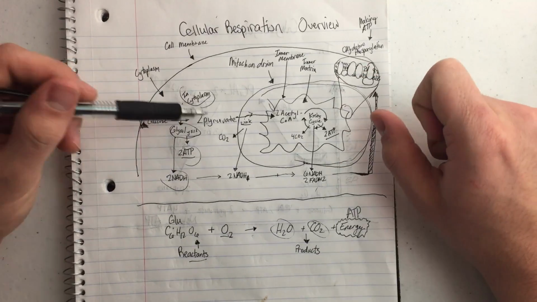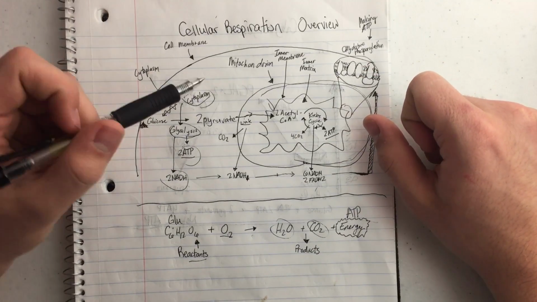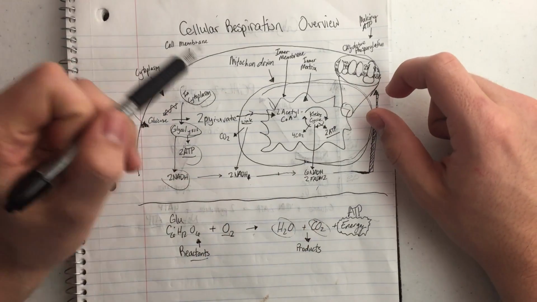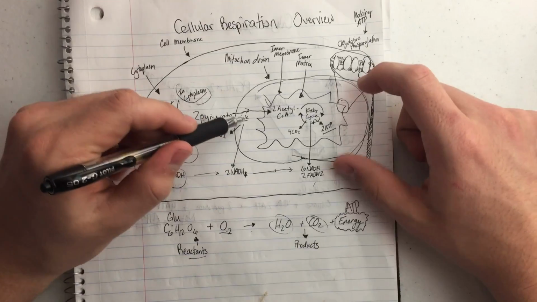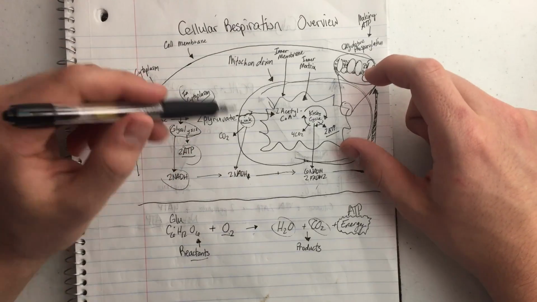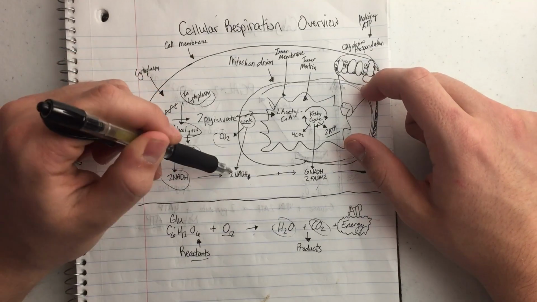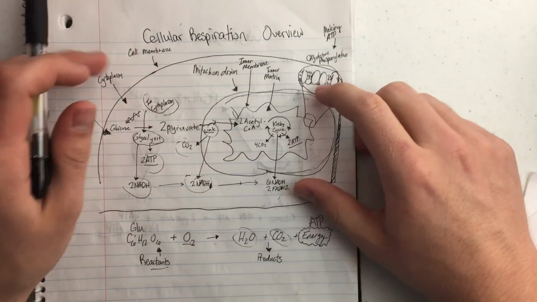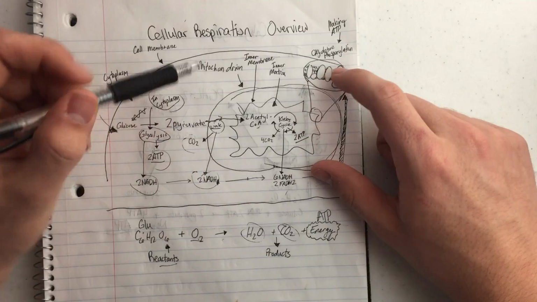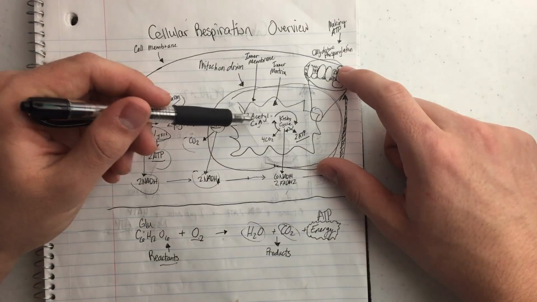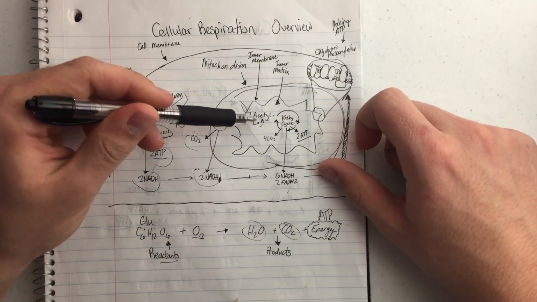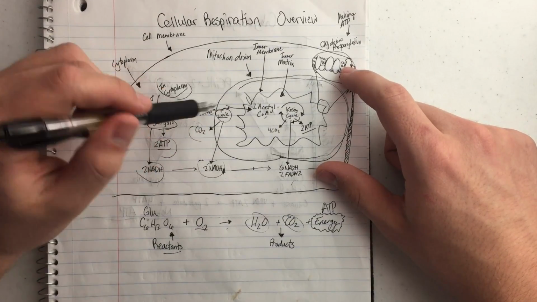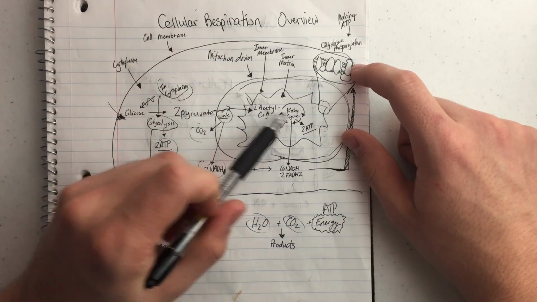After glycolysis, we have 2 pyruvate, and that pyruvate is going to go into the Krebs cycle, but to get into the Krebs cycle, it needs to go through some link reaction. From the link reaction, CO2 is produced, also 2 more NADH, and then we're going to attach a coenzyme A to it, and so then we have acetyl coenzyme A, and that is allowed to pass through because pyruvate here can't go through this membrane of the mitochondria,